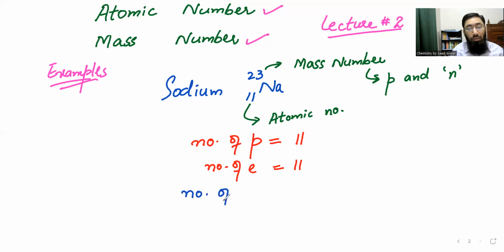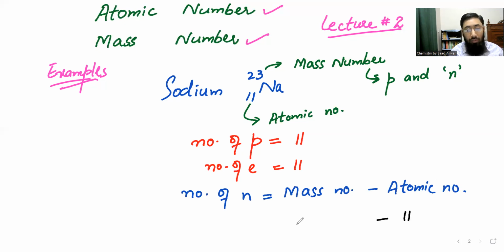To calculate the number of neutrons, there is a formula: we have to subtract atomic number from mass number. The atomic number is 11 and the mass number is 23. When you subtract 11 from 23, you will get